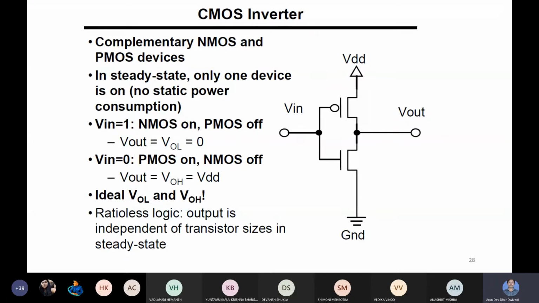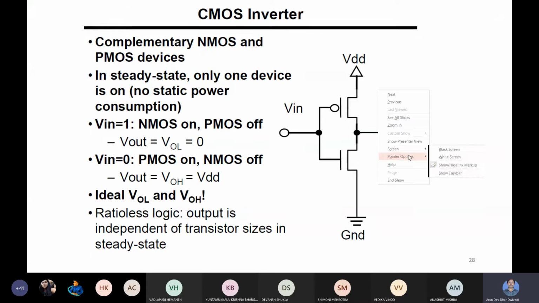So let us discuss the DC characteristics of the CMOS inverter, or we can say static. We are not going to see dynamic characteristics, transient response and delay, RC constant, all those. In this lecture, we are only going to discuss the DC response or static characteristics of the inverter. So let us see here.